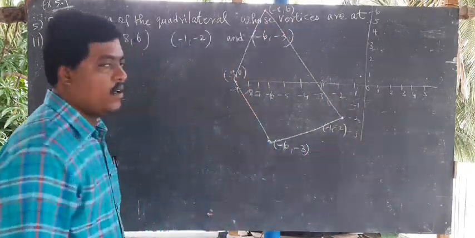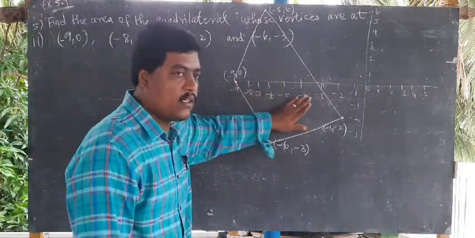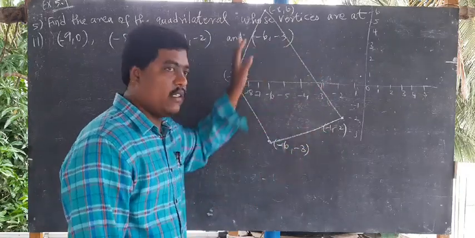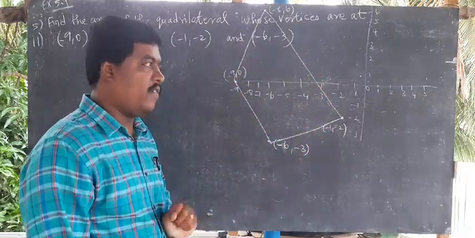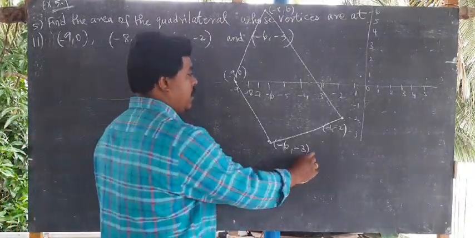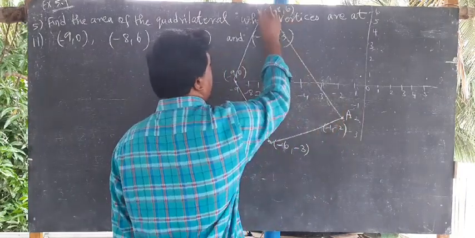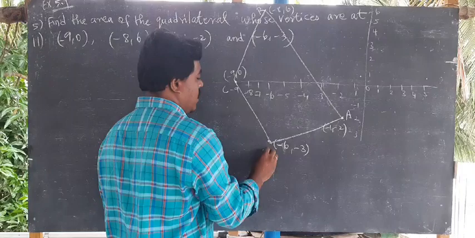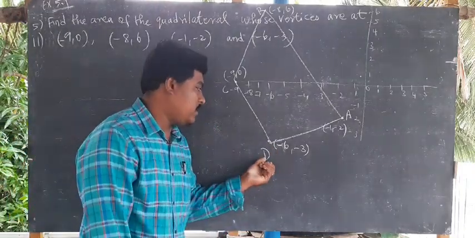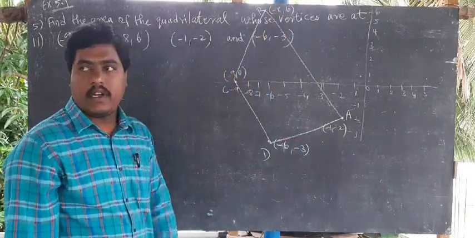So we draw one quadrilateral. In examination also, no need for the numbers, just draw the graph for your reference only. We need to draw this graph. So rough work only, no problem. So I take the points A, B, C, D. Suppose you take A here, then A, B, C, D. Like that you have to take.